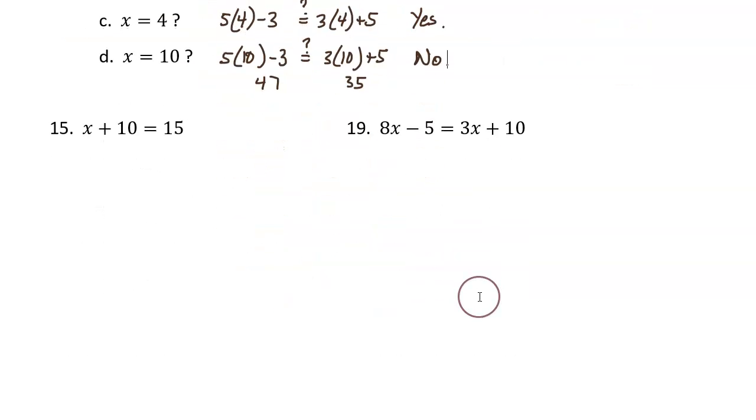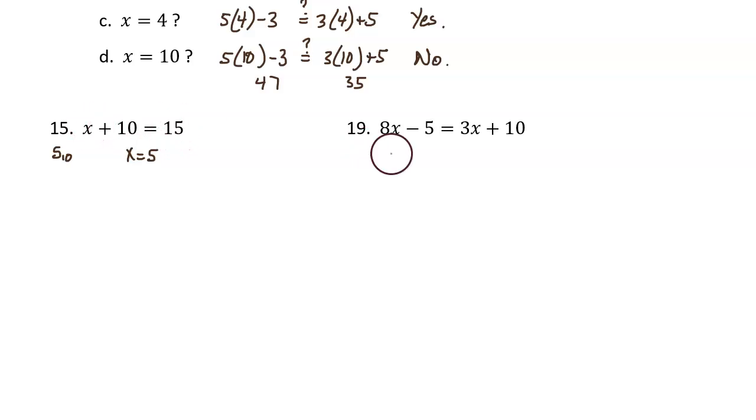From number 15 onward, we're asked to solve the equation using the algebra skills that we've learned in Algebra 1 and Algebra 2 class. This is a very straightforward equation. All we need to do is subtract 10 from both sides. This is an S. I'm just communicating that I'm subtracting 10. The answer is x equals 5. That can be checked by substituting in place of the x and going 5 plus 10